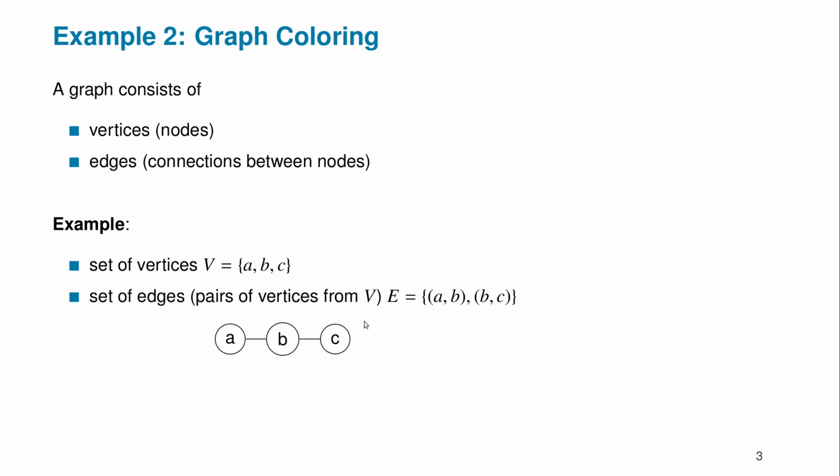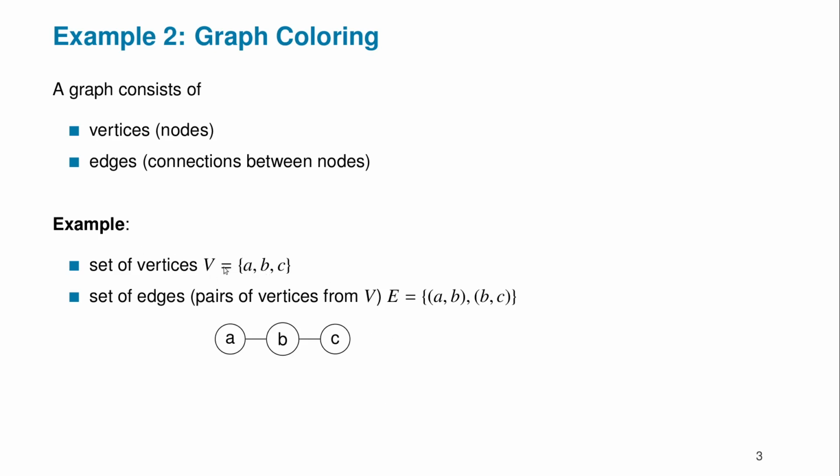Another example I would like to show you, and which we will also solve today, is graph coloring. Here the task is the following. We are given a graph that consists of vertices, which are also called nodes, and these vertices are connected by edges. Details on this graph coloring problem you will hear in the course Discrete Structures, in case you're doing computer science. The AI students will hear about it in their math classes. And we have this kind of structure,